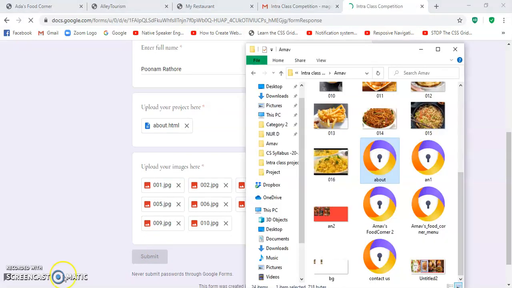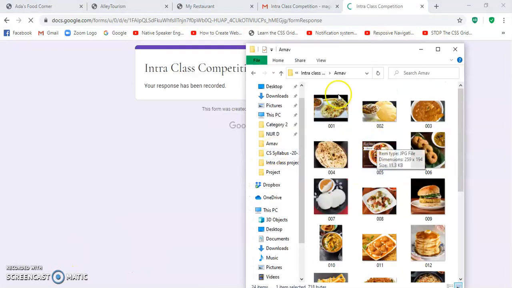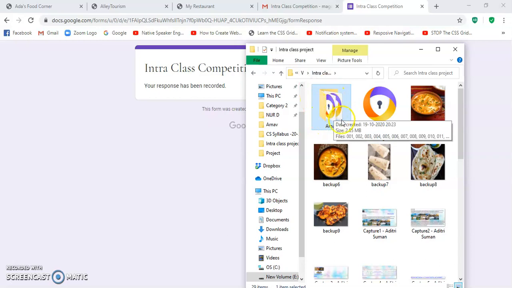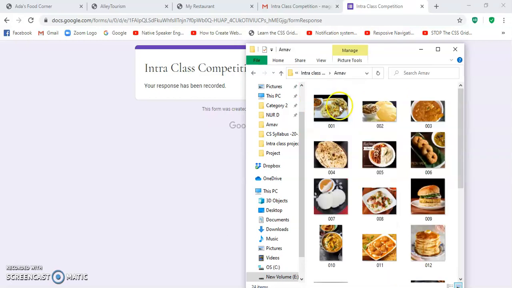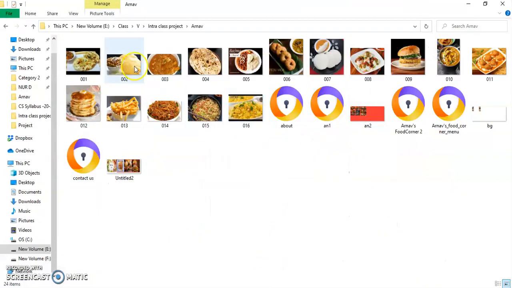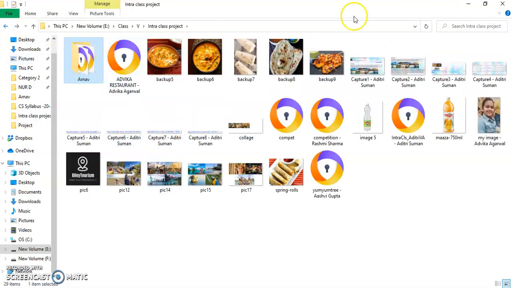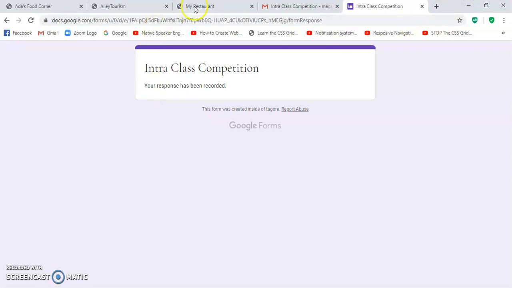Just like you can see over here, a student has created a folder and all the web pages and images are there in this folder. So you should also do something like this. After that, how to upload this folder? For uploading the folder, first of all,